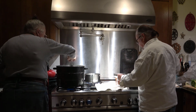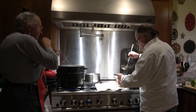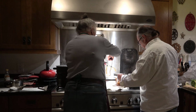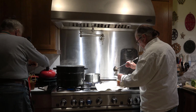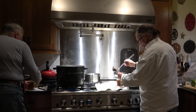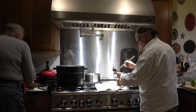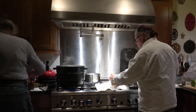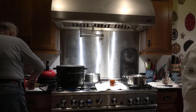The jars will be processed in a water bath for 20 minutes. If we were at sea level, we would do it for 10 minutes. And that's another part of the rules and regs that you have to read. There's a lot of people who make fun of rules and regs, but sometimes they're there for a reason. In this case, it's to keep you safe. Make sure any molds, mildews, or anything else are killed by the right temperatures. And since water boils at a lower temperature at high altitude than it does at sea level,